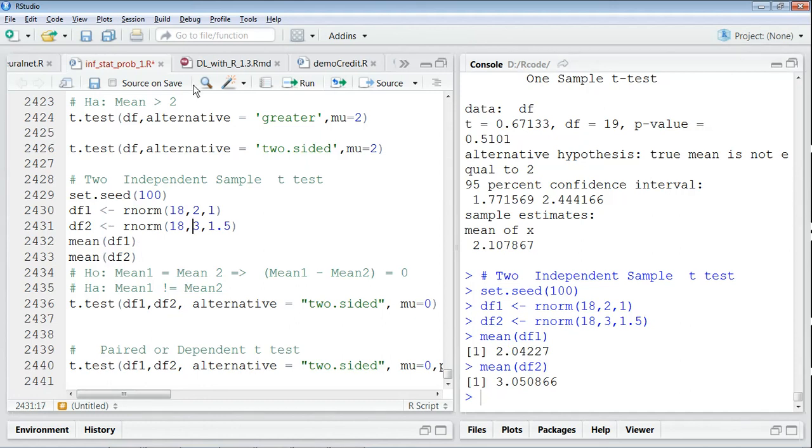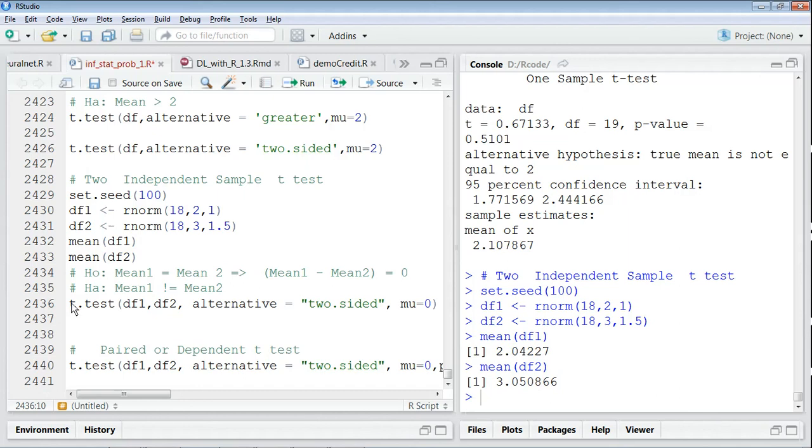Now let's conduct a two sample hypothesis t-test. The way we will do that is we will use the t-test which we previously used. But instead of passing just a single vector as the first argument, we will pass both the vectors corresponding to the samples that we have. These are the two samples we have. We need to pass these two sample vectors as arguments for the function t.test, because we are conducting a two independent sample t-test.